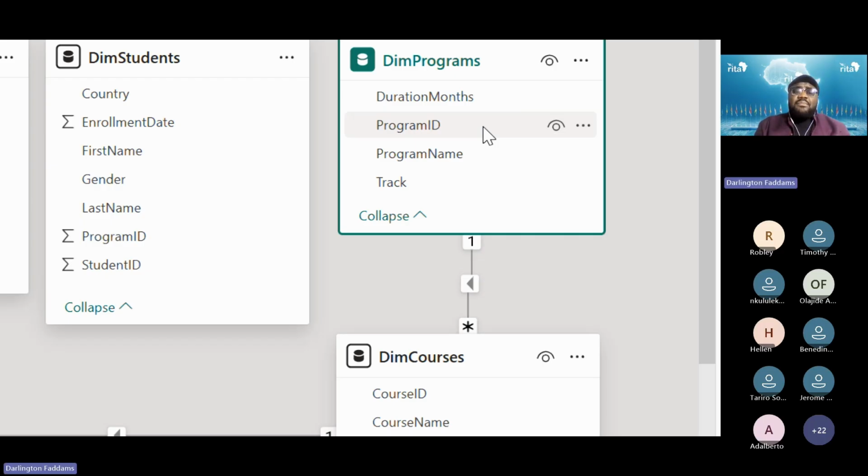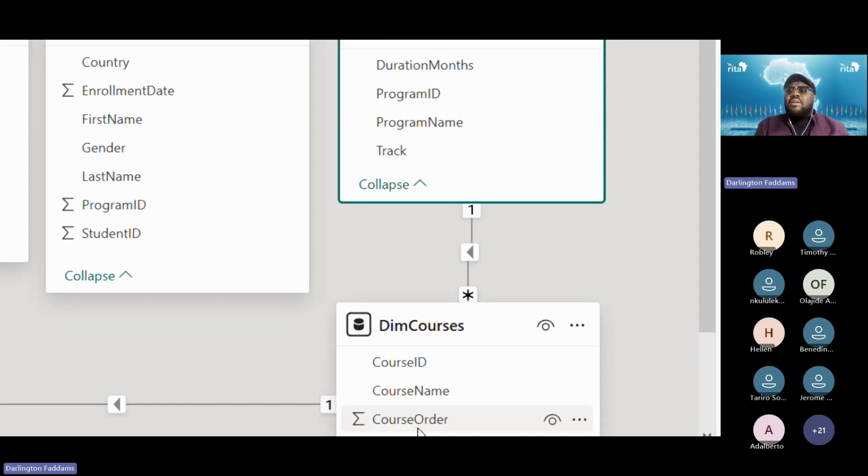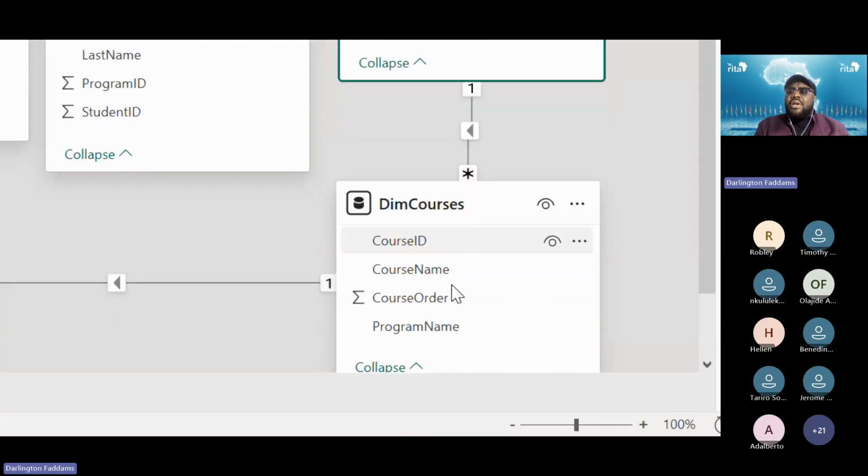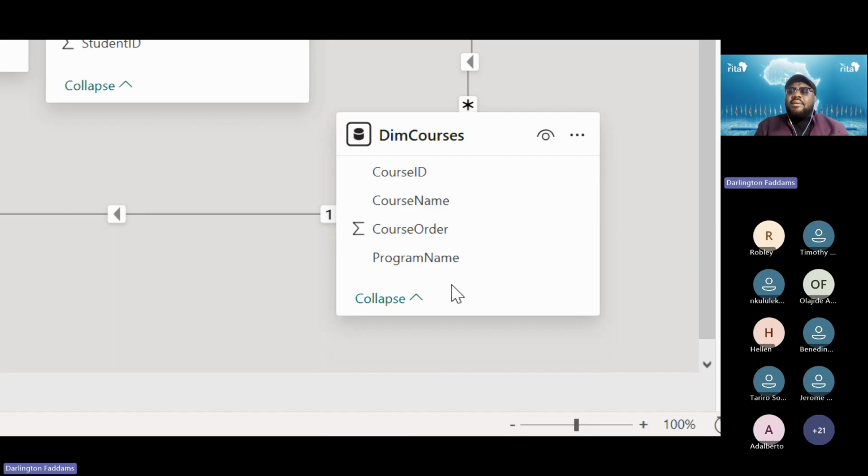For example, data analytics exists only once in this table. But if you come to courses, you are going to see Python programming as a course. And the program name for Python programming is data analytics. Then you are going to see data visualization with Power BI, a different course, but the name